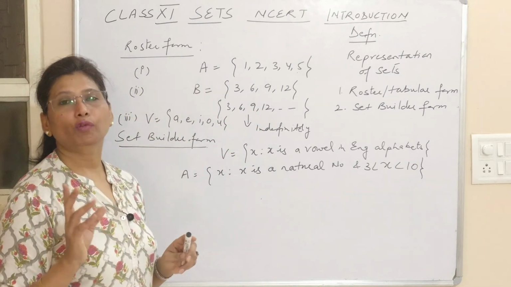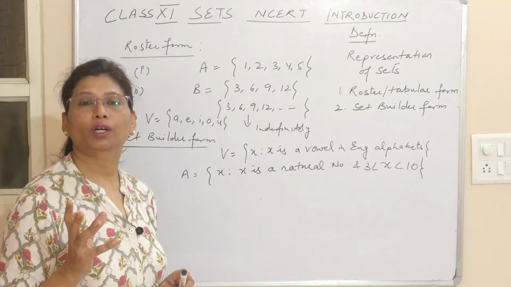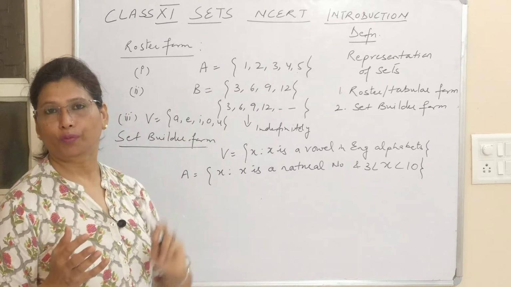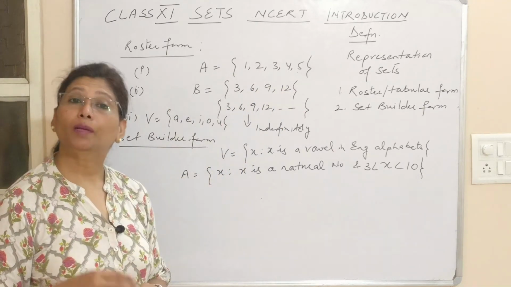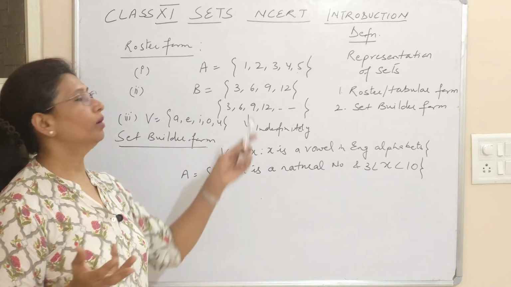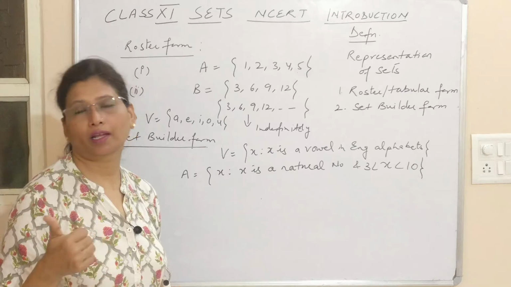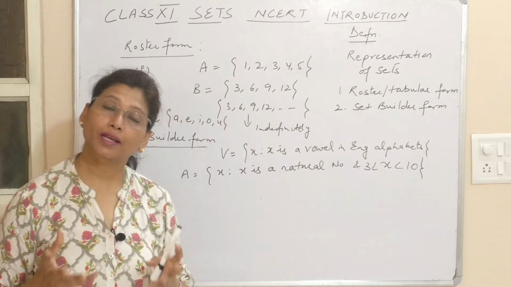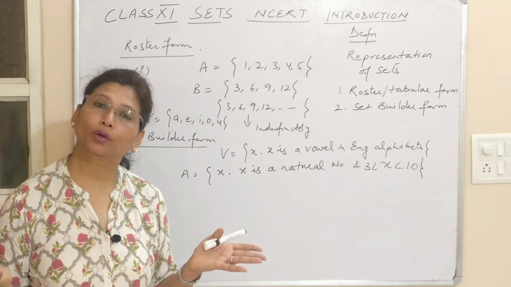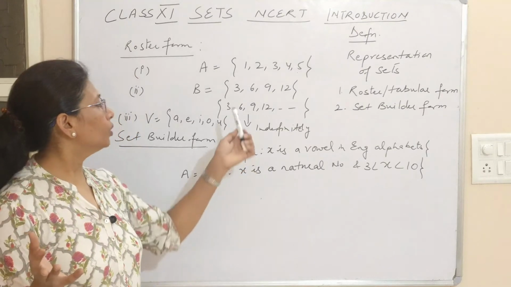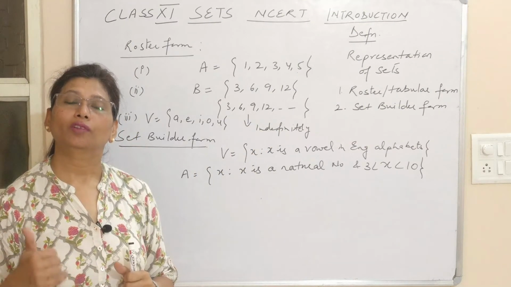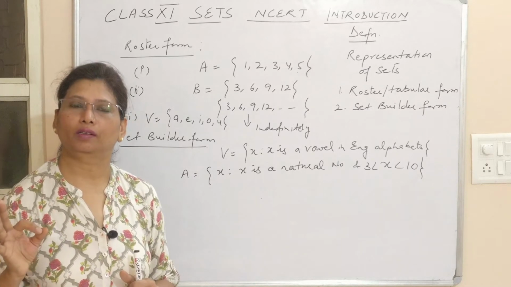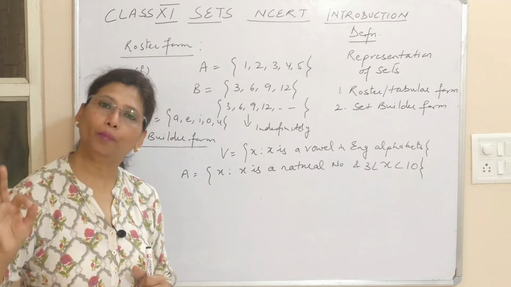For example, I have to write the collection of numbers which are natural numbers and less than 6. Here this is 1, 2, 3, 4, 5. Next is the multiples of 3 less than 15. Here we start from 3, 6, 9 and 12. But if the set is just the multiples of 3, then this goes as 3, 6, 9, 12 and we put dot dot dot. Dot dot dot means indefinitely, that is, it continues in a similar pattern.